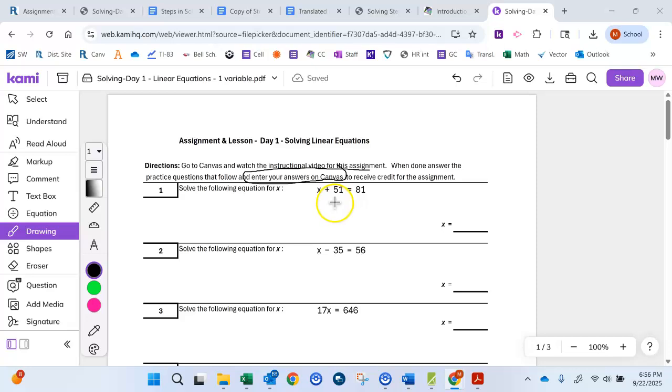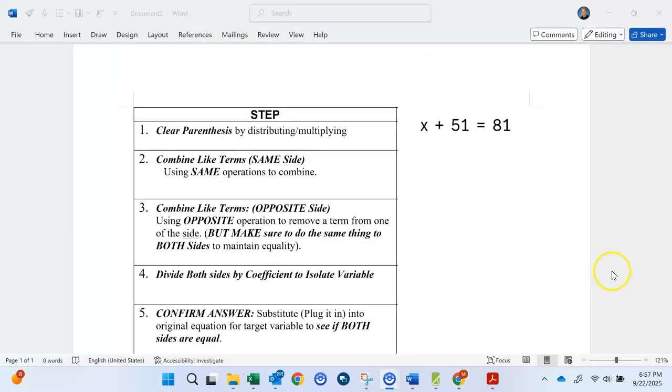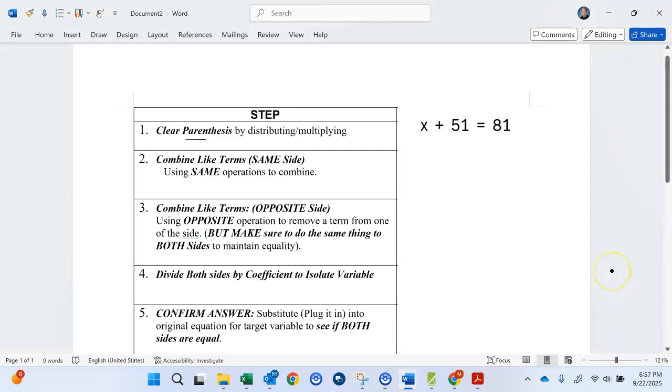Okay, so the first one is x plus 51 is equal to 81. Step 1 says clear parentheses, but we do not have parentheses. The next thing is combine like terms on the same side. Well, let's see. So on the left side of the equation,